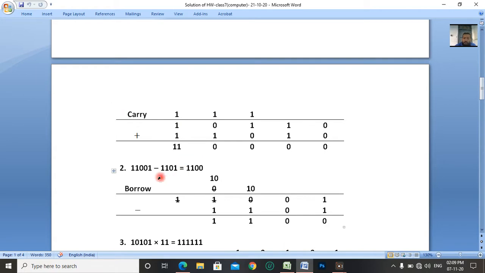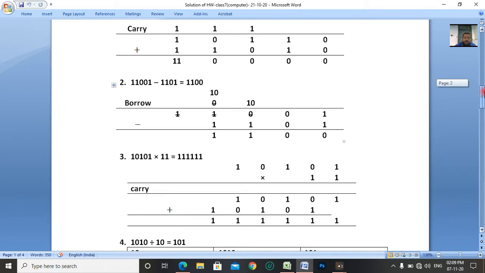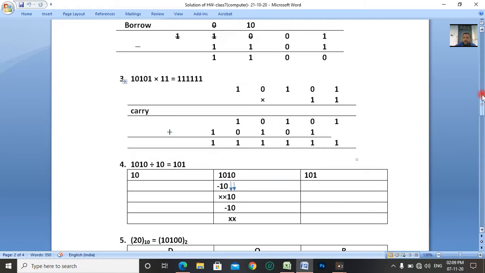In this same way, here is the subtraction, and we can do the subtraction also. Now we are going to do the subtraction. We already have some rules that we have to follow, and according to those rules we solve this problem. Next is multiplication, how multiplication is done. I have already shown that here. You can see these tables and how this works.